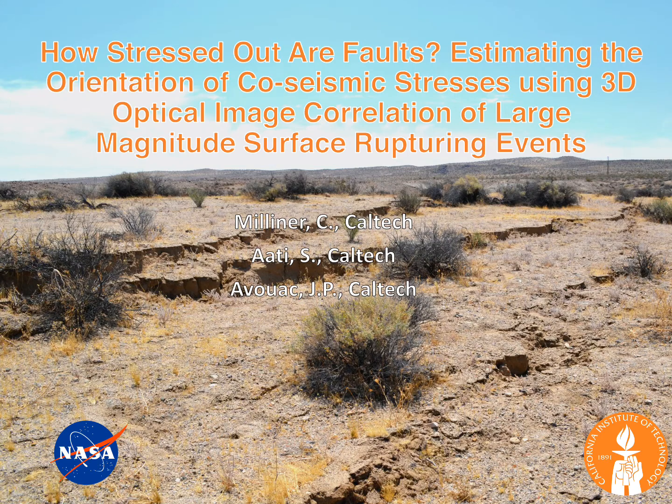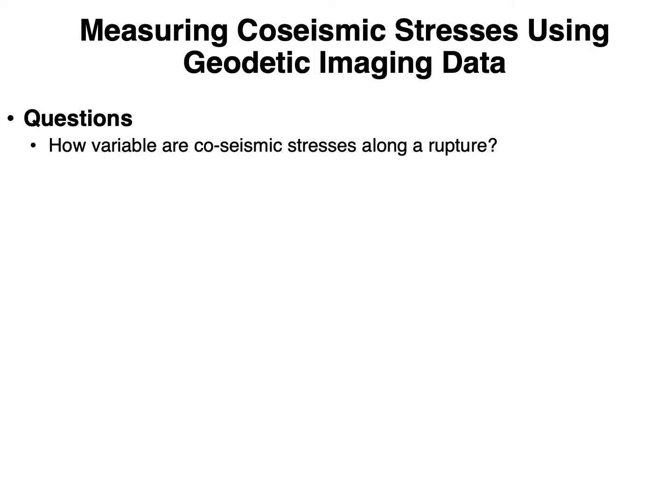Okay, so in this talk we'll be looking at how we can use measurements of surface deformation made by optical image correlation to estimate the co-seismic stresses along large magnitude surface rupturing events. So some of the questions we'll try to address in this talk are: what is the degree of variability of the co-seismic stress orientation along a rupture? Can we place some kind of bounds on the extent or degree of variability